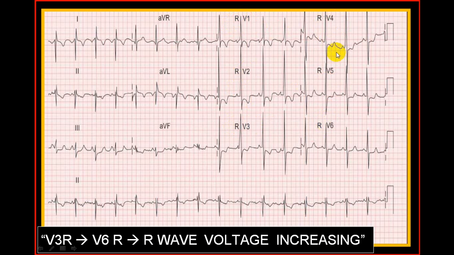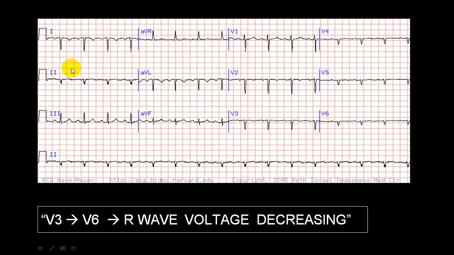So whenever you get such a pattern and you have got lead 1 negative, AVR positive, it is dextrocardia. This is right axis deviation, AVR narrow QRS complex, tall R wave, and there is a gradual increase in the R wave from V1 to V6, and you have got a tall R wave in V3R, V4R, V5R, V6R, it is dextrocardia. Now you see here, if you look here, the voltage is decreasing. So as voltage is decreasing, this is V1, V2, V6, and there is a negative wave in lead 1 and there is a positive wave in AVR. It is in favor of dextrocardia.